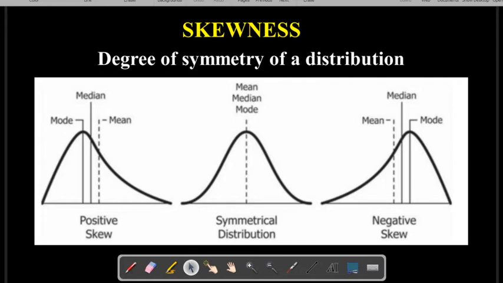What is meant by skewness? Skewness is the degree of asymmetry of a distribution. What is meant by that? If you have a frequency table with x and f values, you can plot the graph of that table, x on the x-axis, f on the y-axis. That you can do, right? So here, if you plot,